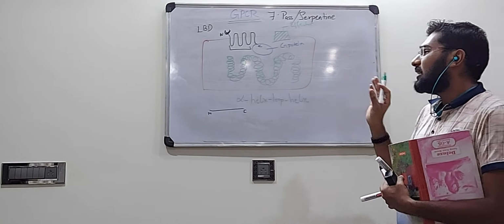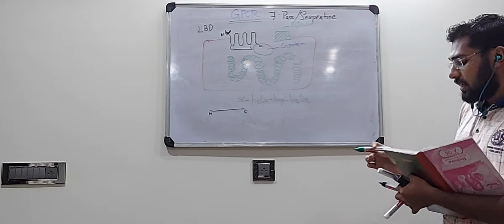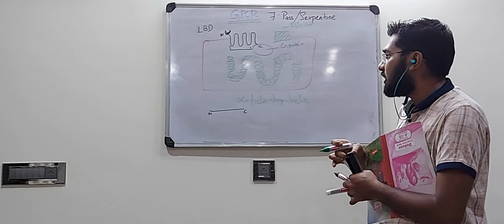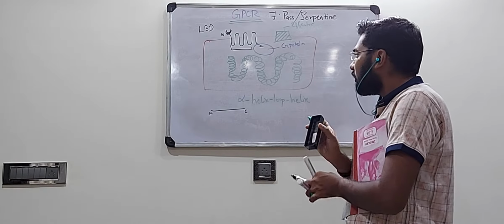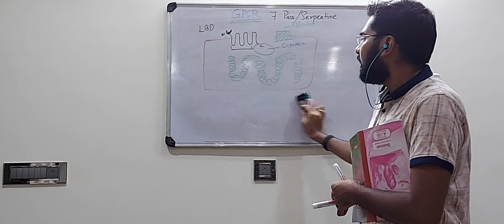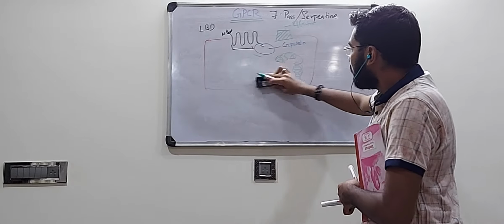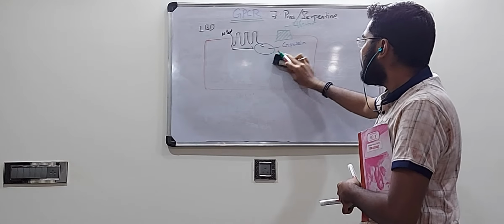So this is about some of the structural details of GPCR, I mean the GPCR, G protein coupled receptors. Now moving on to the G protein. So as I said, G protein is a